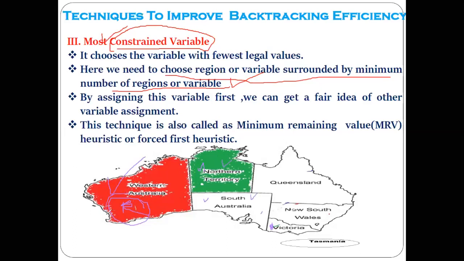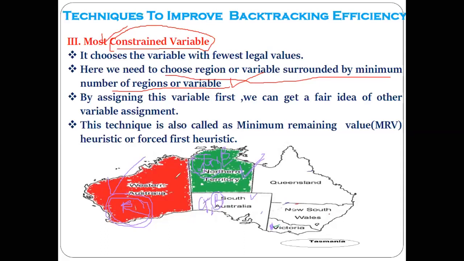Now after giving the red color here, which color can you give to this region or to this region? To this region, which color can you give? You can give green and you can give blue also. Yes or no? Yes, sir. Here also you have two options. You can give green and you can give blue also. Correct. But we have to choose one of these. So we choose this, Northern Territory. Got the point? And which color do we give to the Northern Territory? Green. Understood the point?